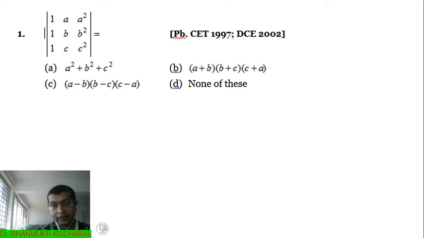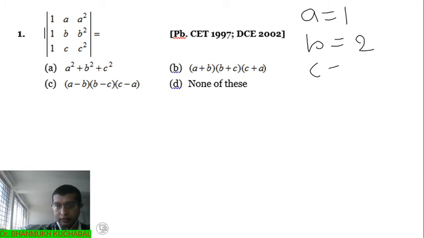Here we take numerical values, such that the value of the determinant is not 0, that is, 2 rows are not identical after taking the A, B, C values, or an entire row is not equal to 0. We have to take that precaution here. So what I will do is I take A equal to 1, B equal to 2 and C equal to 3 here.